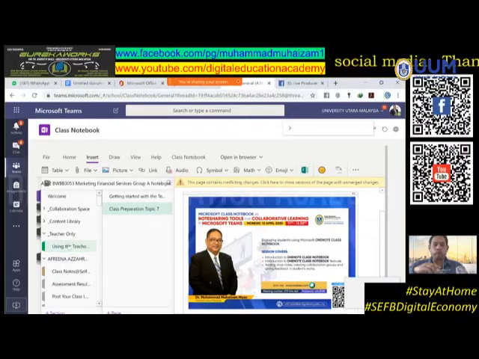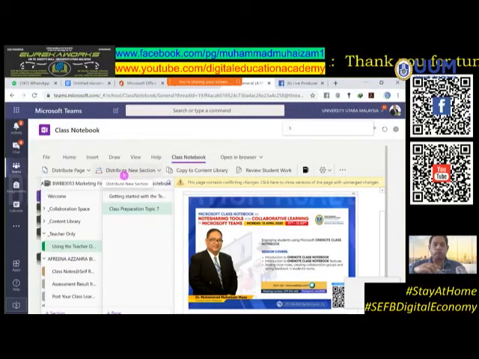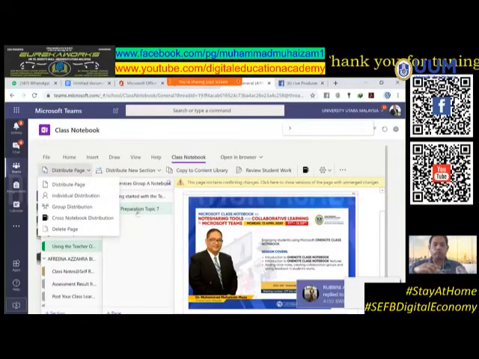Because if you don't click share, students will not see your content in the teacher only section. So how to do this? You click here, right? And you go to your class notebook,